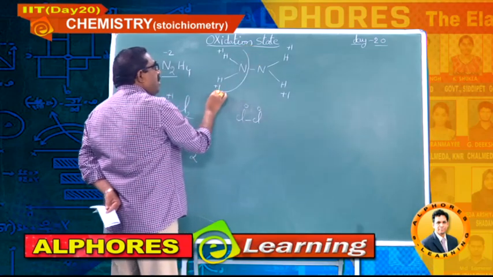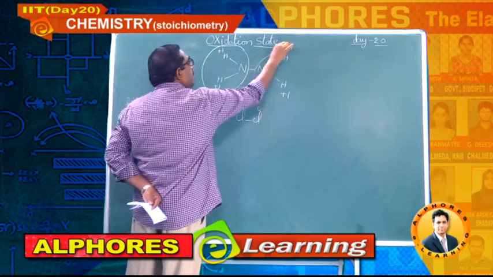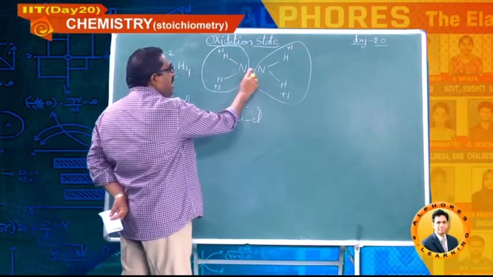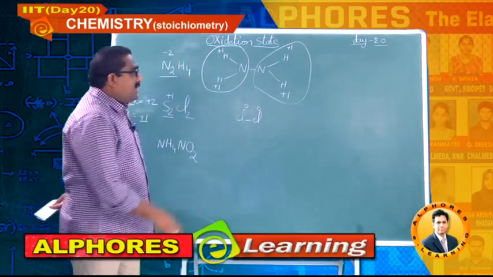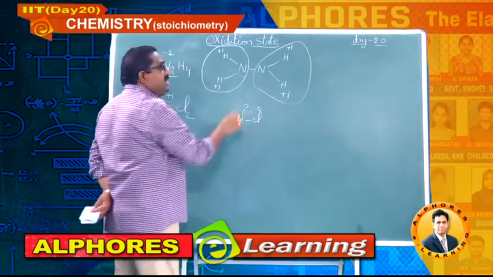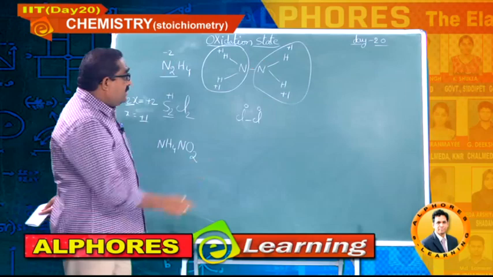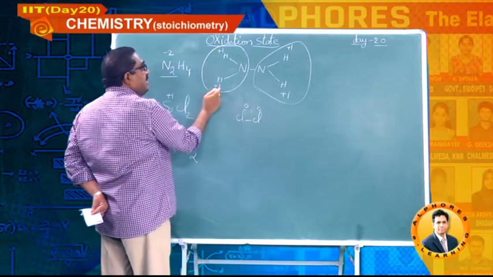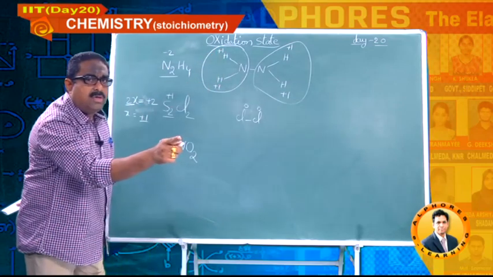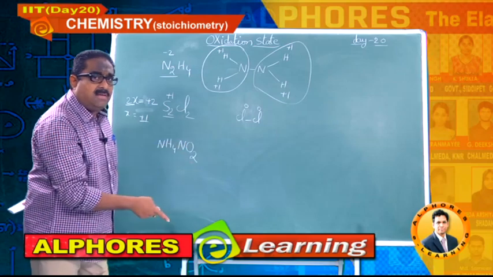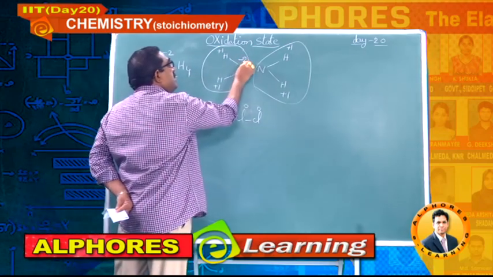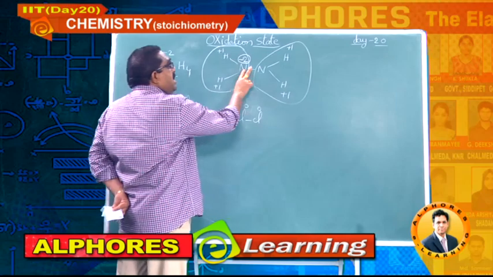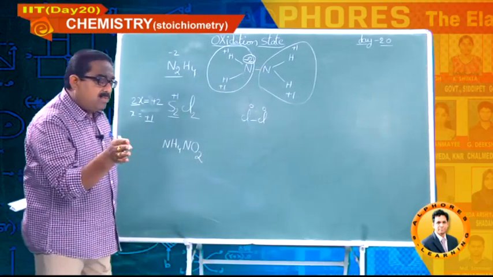For this total and for this total, both should be 0, because of bonding between the same two elements. The oxidation state of this nitrogen should be 0, and this nitrogen should be 0. But at the same time, the nitrogen is attached to two other hydrogens. That's why this net charge of +1, total +2, should be balanced by nitrogen. So for nitrogen you should assign an oxidation state of -2 here. See, because of bonding between the same two elements, the net should be 0.